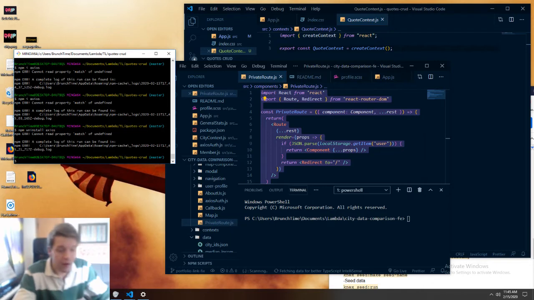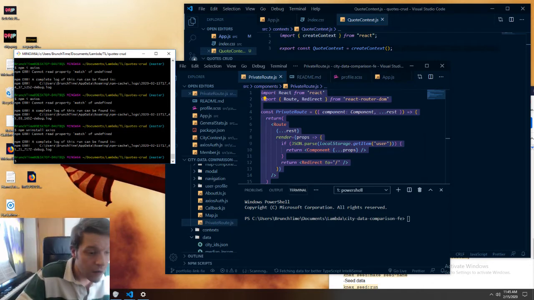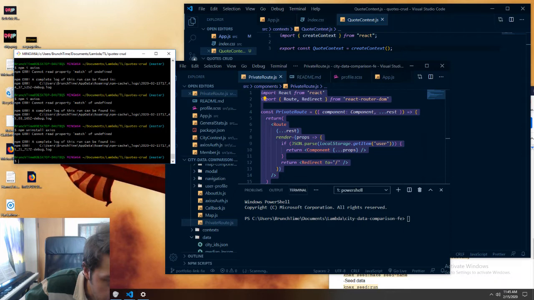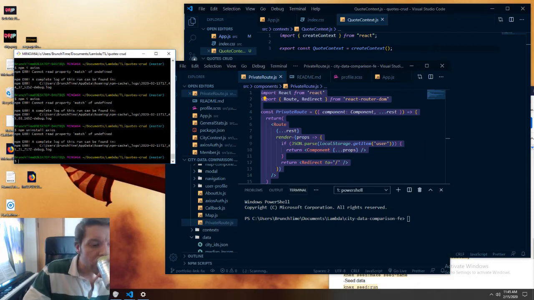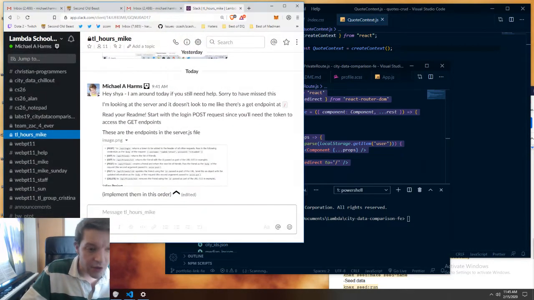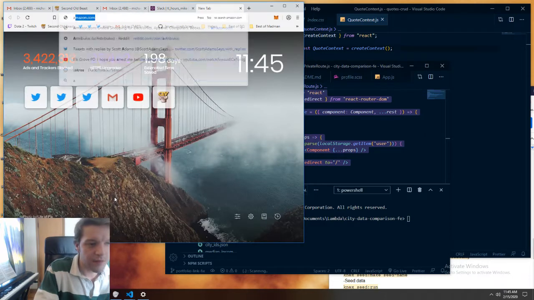Okay, wow. Cannot read property match of undefined. What a disaster this is. Well, you know how I debug this is I would Google